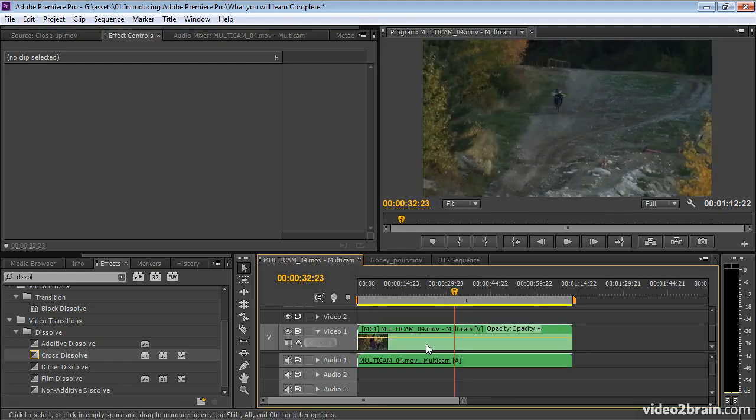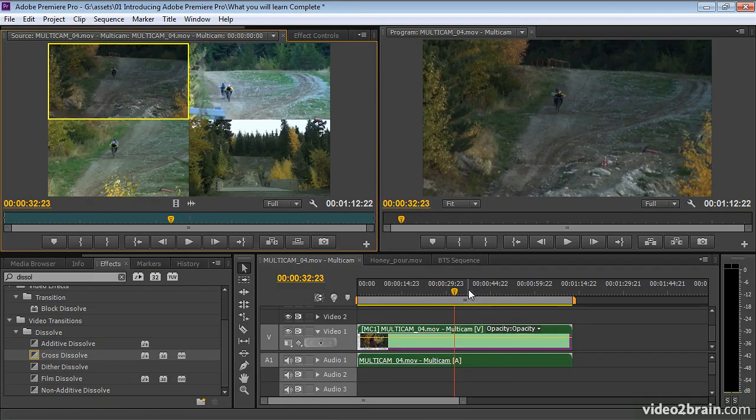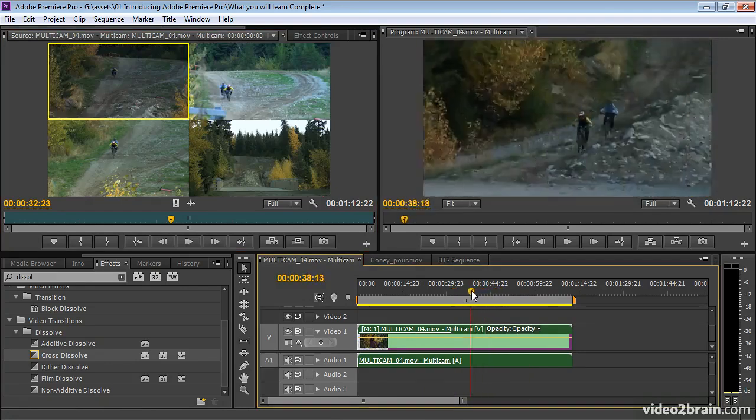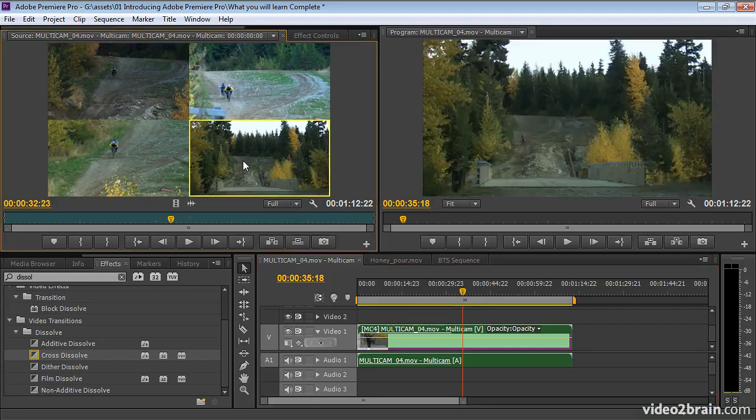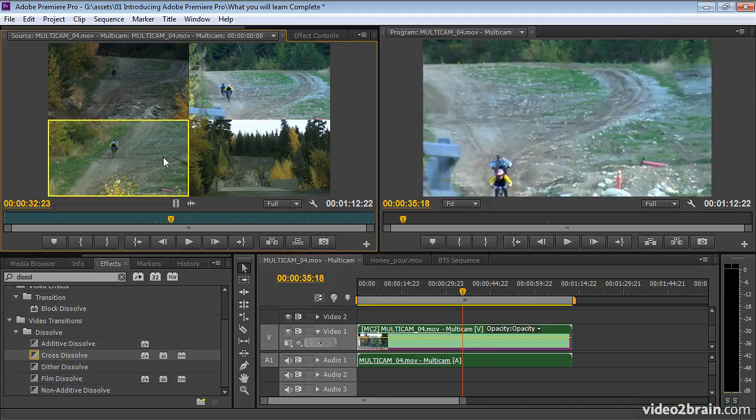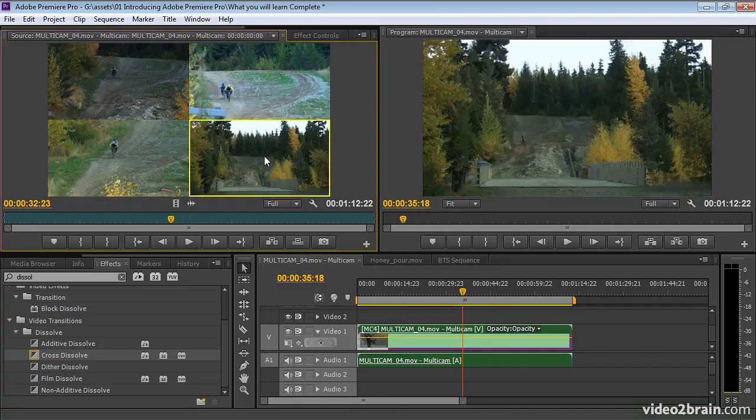Multi-camera editing is another feature that has been robustly improved in this release, and we'll be looking at how to do it, how easy it is, and how you can adjust the contents of your multi-camera edit. Essentially, it means pressing play and adjusting the camera angle that you're seeing live as you play back. It's a very powerful way of producing a dynamic edit on the fly without having to go through cut by